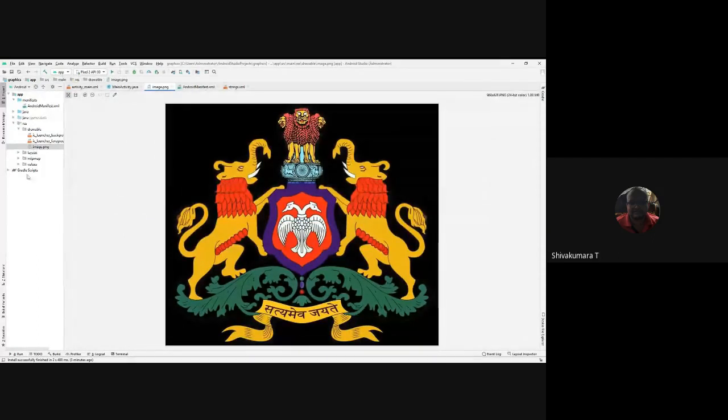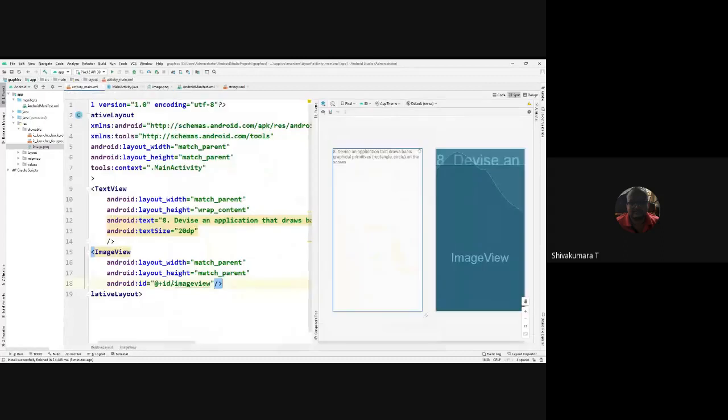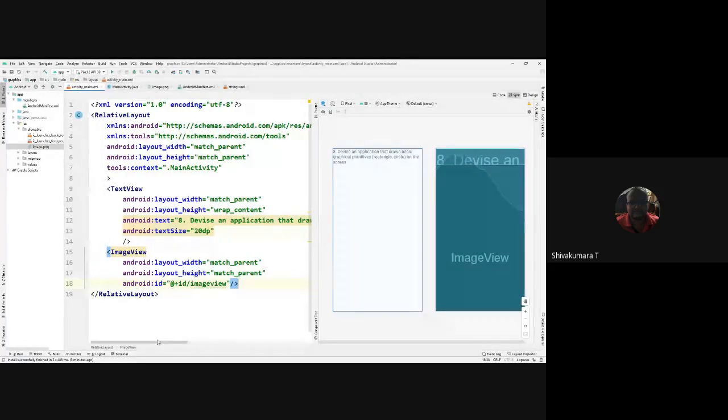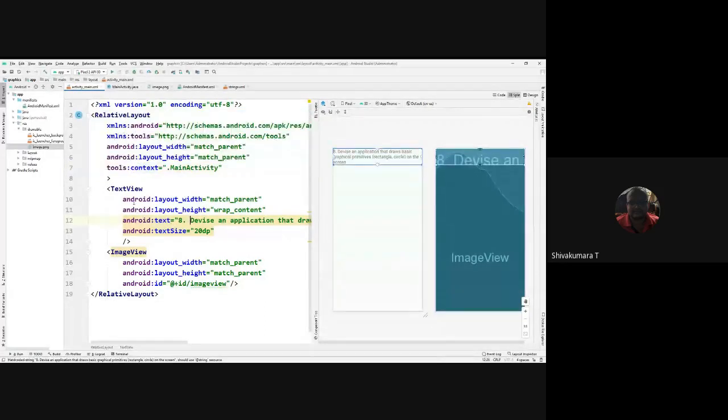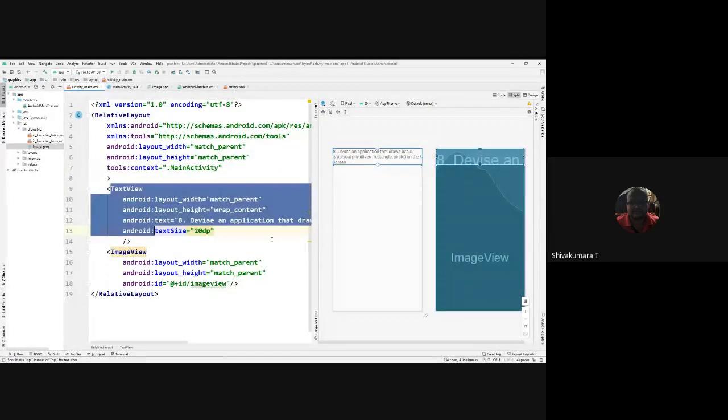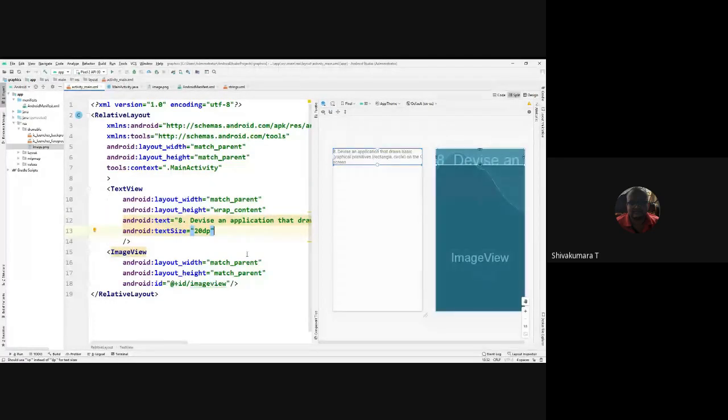Now you are going to set this as a background onto an activity. Okay, now come to the GUI code, activity_main.xml. You set whether you want to set it for the entire activity as a background image or not. If you are setting it as the entire background image, you make use of this code. Or if you want to set only the background image of this text, you use the background code here, right? So here you can set the image.